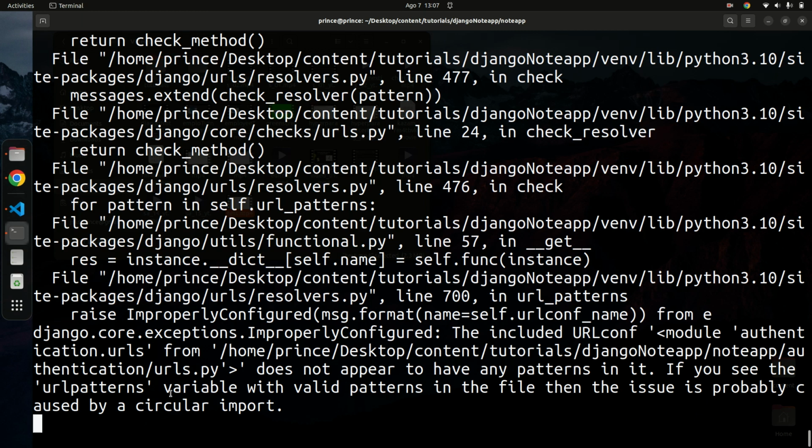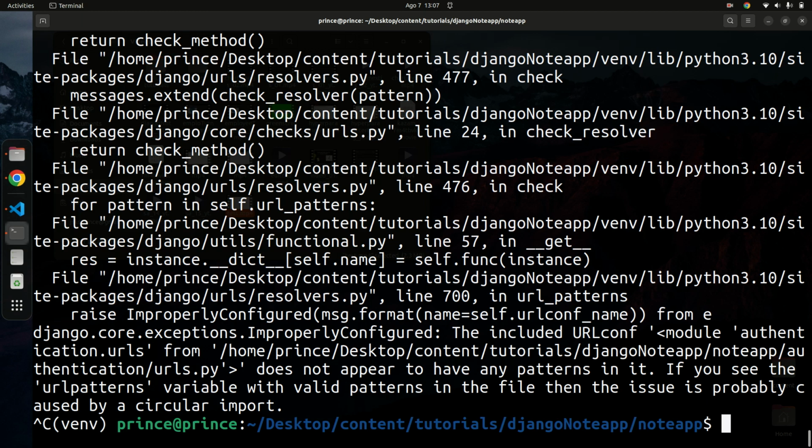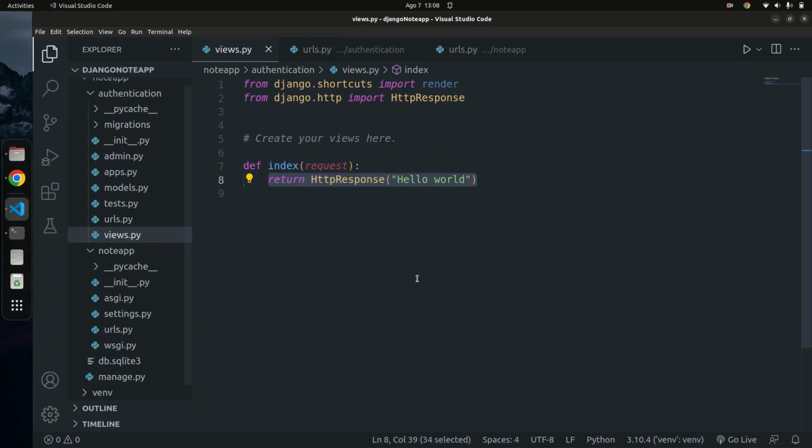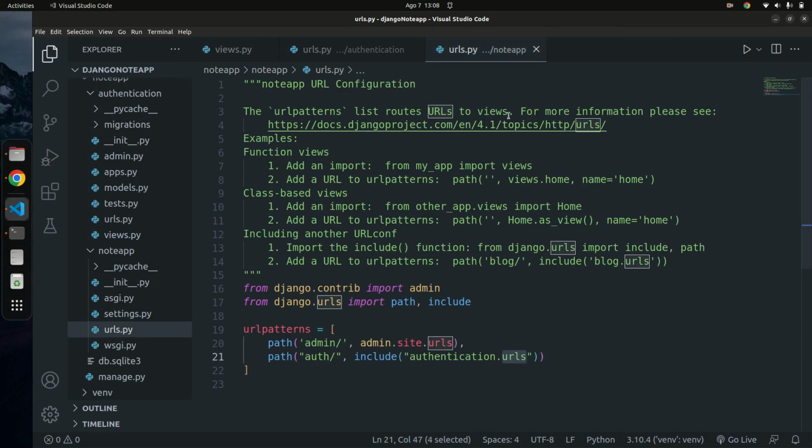Let me hit Control C on my keyboard, and let's see what the error is. It says authentication.urls does not appear to have any patterns in it. If you use the urlpatterns variable with valid patterns in the file, then the issue is probably caused by circular imports. So let's start from here. We're including authentication.urls under out, and inside our authentication app's urls file, we're going to go here and